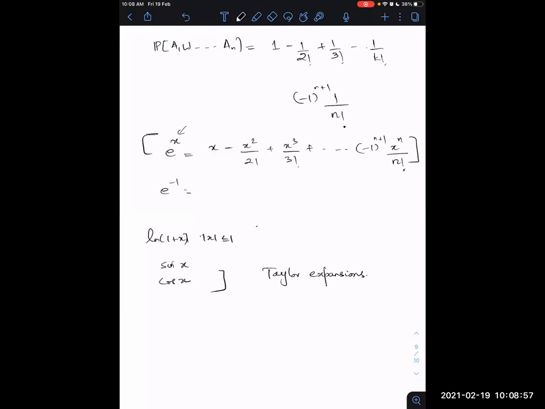So if you put e to the minus 1 here, first term alpha, okay, e to the 1 here. So it's just 1 minus 1 over 2 factorial plus 1 over 3 factorial, and so on. Okay, I might be missing something here. It should be e to the minus 1. Okay, that's fine. So there's a minus 1 error somewhere happening in this formula.